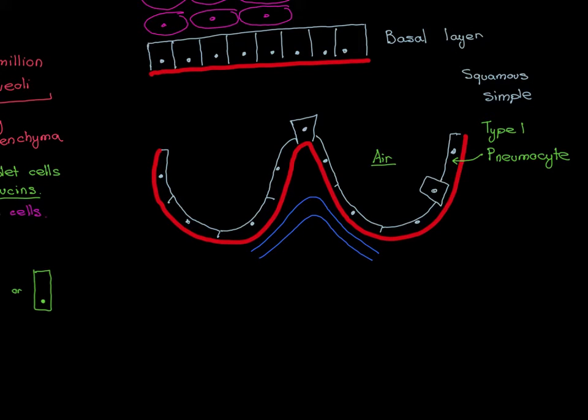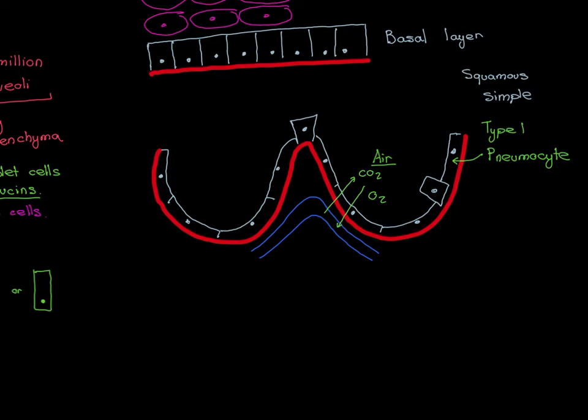And you should know that underneath the basement membrane there'll be connective tissue with the pulmonary capillaries running in them. So here is a pulmonary capillary, and of course blood will be flowing through here. You'll have deoxygenated blood coming in here with high carbon dioxide in it, and then the idea, of course, is that oxygen will come in from the fresh air, and from the blood you'll get carbon dioxide coming out, so you'll hopefully get gas exchange, and then the oxygenated